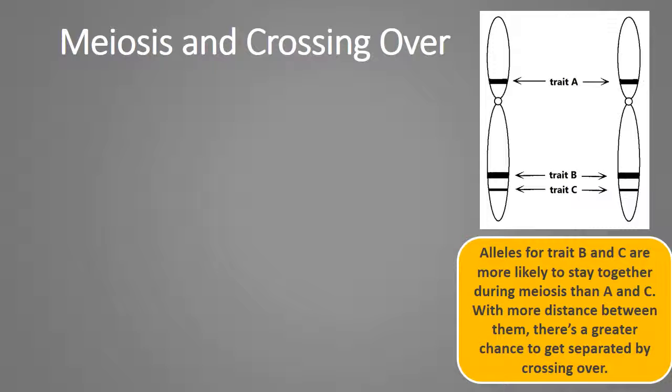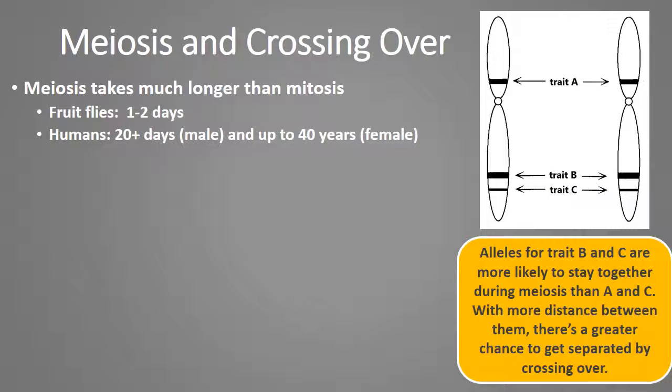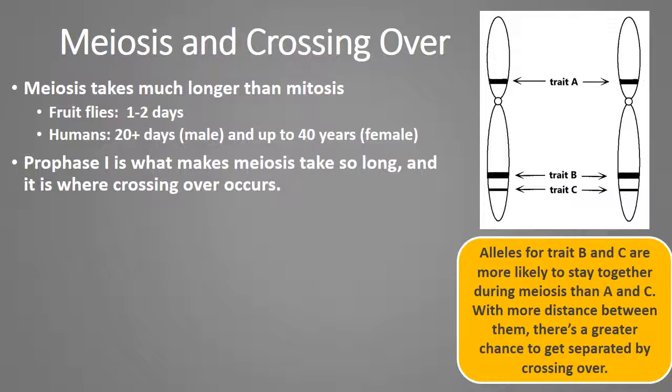Crossing over and meiosis. Here we have first the timing of meiosis. It takes a lot longer than mitosis, and the big reason is because prophase 1 in meiosis takes a long time. Also, prophase 1 is where crossing over happens. In humans,